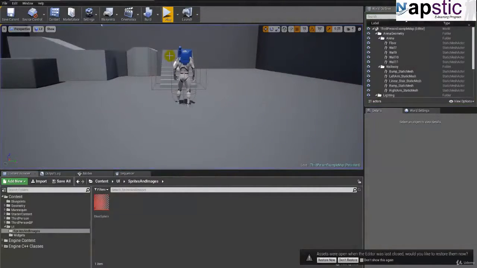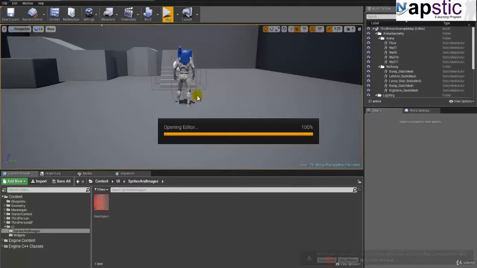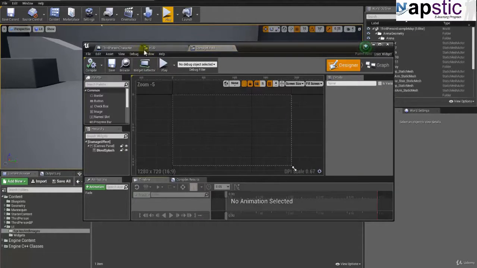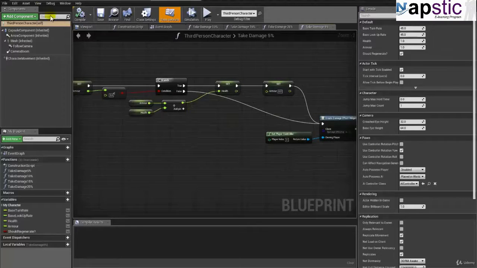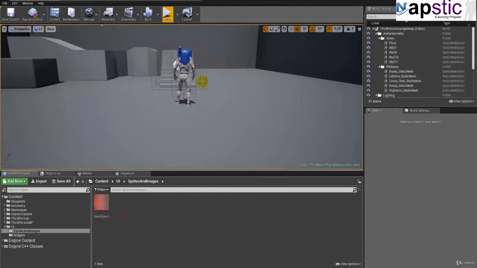Okay, all that is great. So we are on the right foot. Anyways, I'll just restore all of these windows and let's see what we need and what we don't need. I don't think we need the HUD for now. We definitely do not need the damage effect for now. Third person character, we'll have to keep going back to that. Okay, so now that we have all of this,